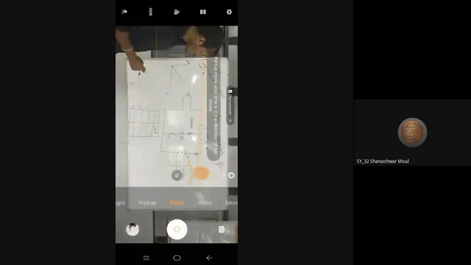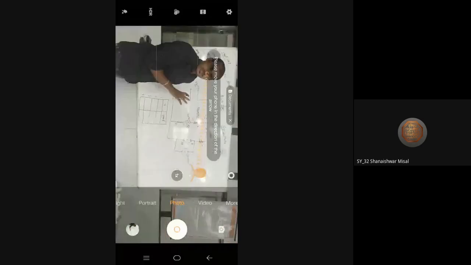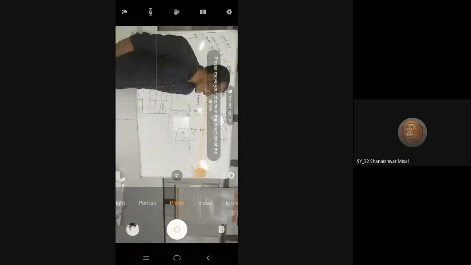Okay. Now the connection will remain the same. The only change is that we will add one rheostat in series with the armature, and here one voltmeter we are connecting. Why? Because to measure the voltage, whatever the voltage is varying, that we are going to measure. So let us go to the experimental setup.